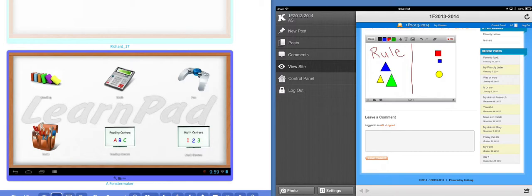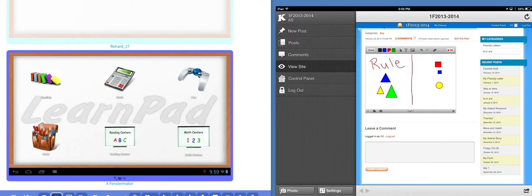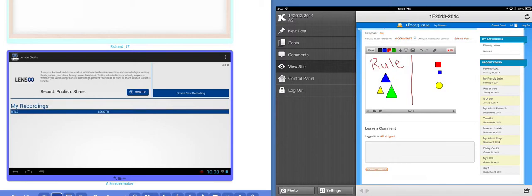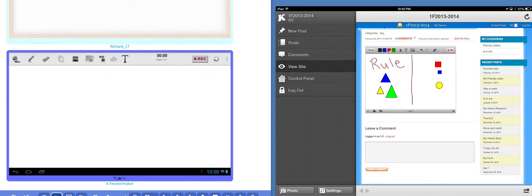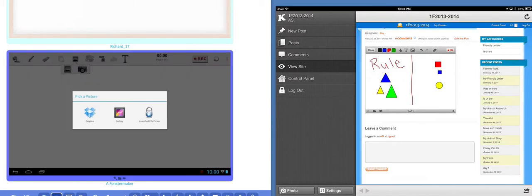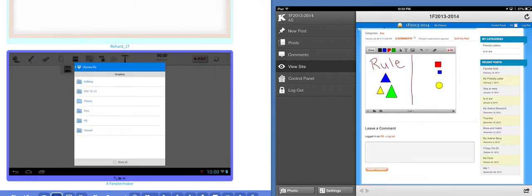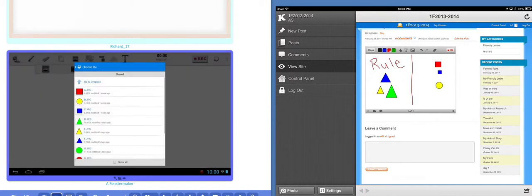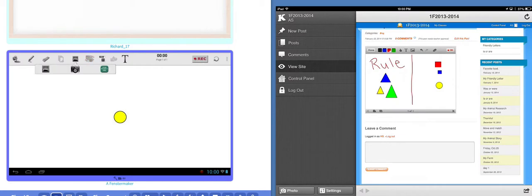Now we can accomplish the same exact thing on the LearnPad. To do this, we used a slightly different app called Linsu Create. It has kind of the same concept as EduCreations. It allows you to insert pictures from Dropbox. So we would do the same kind of concept where we go into Dropbox, click on that shared folder, and there we would go step by step and add those images in from Dropbox. Just like we did earlier, we would grab each of those images